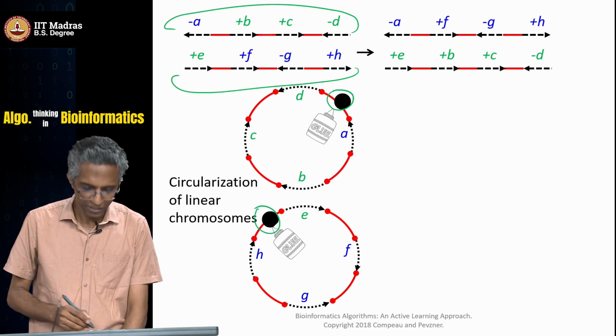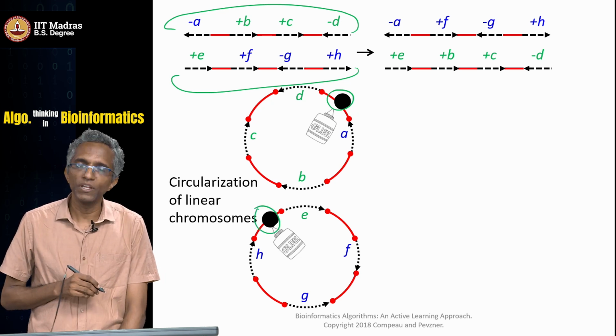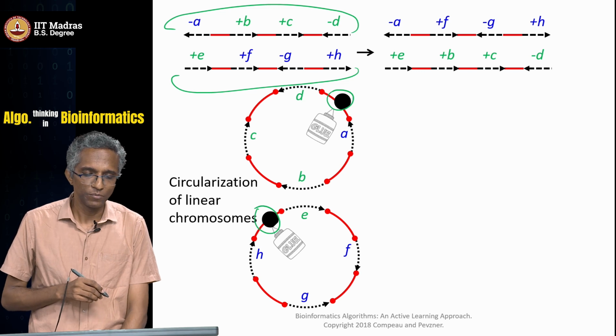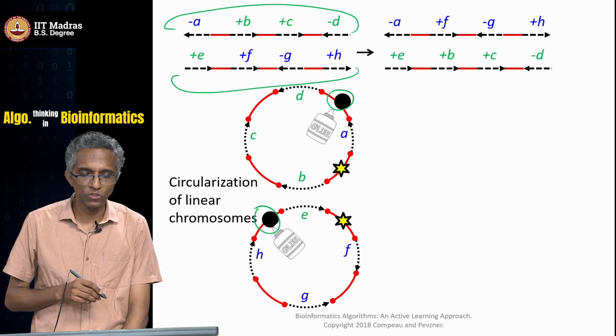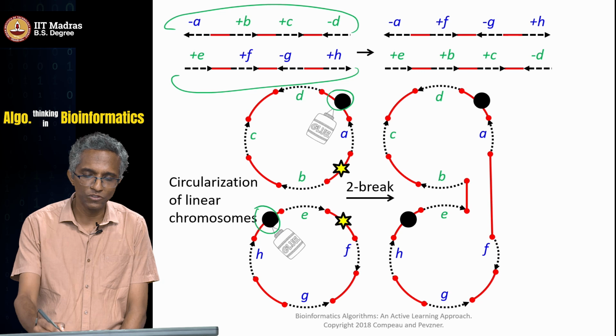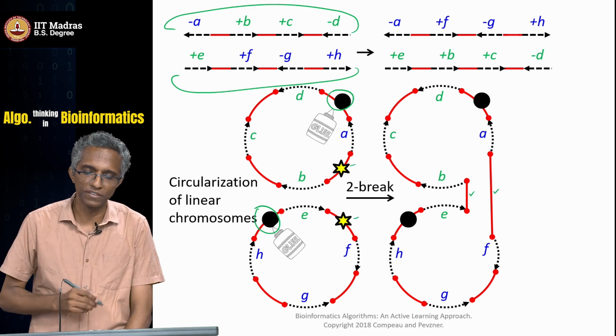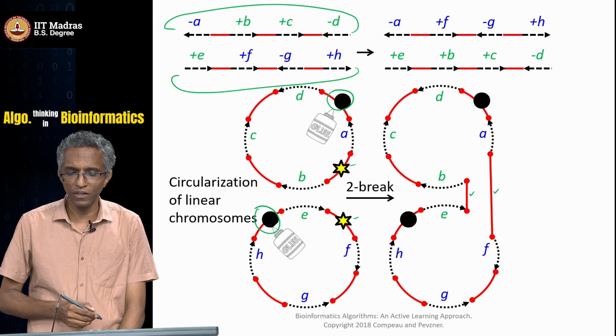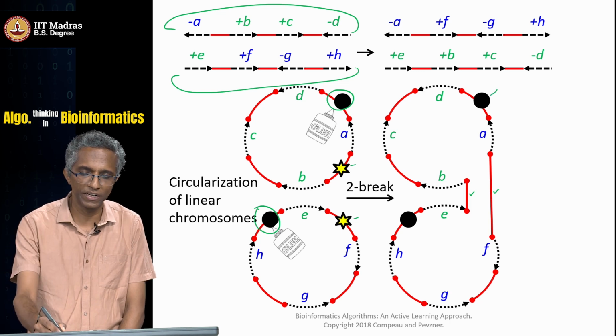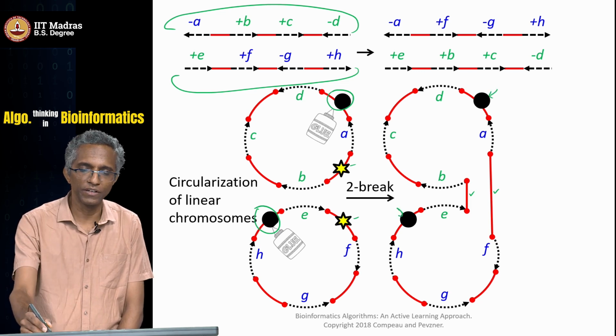Then you do a 2 break operation to do a translocation, and that basically again involves breaking these 2 edges and then adding these 2 new edges. This is added, this is subtracted, right. These are removed and these are added. Okay. And then now wherever you had put a glue, you can linearize it again, and you will get these